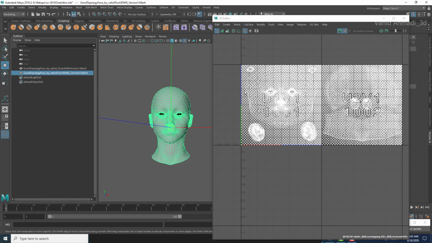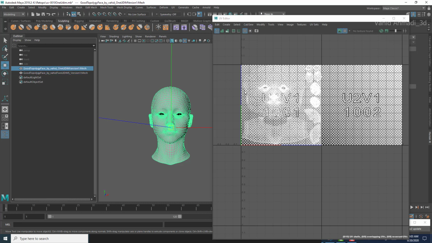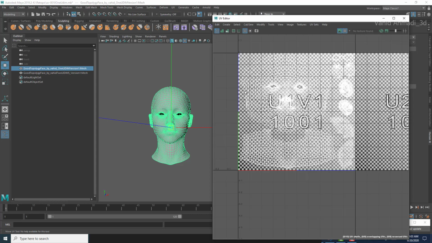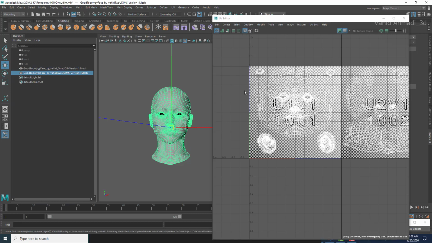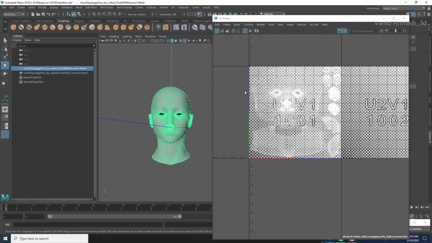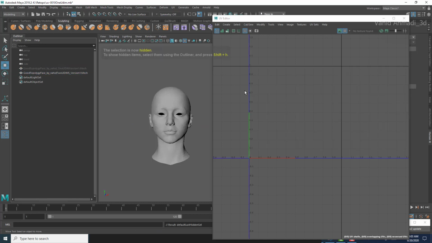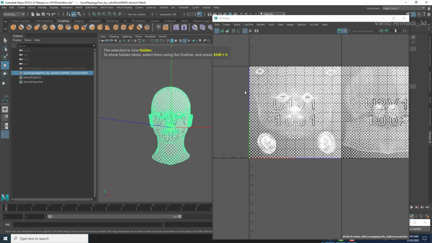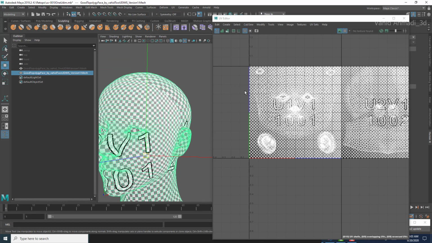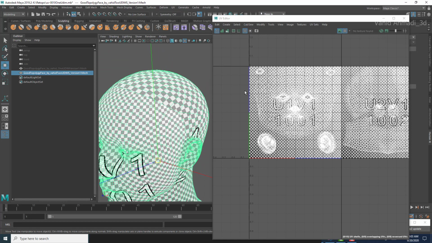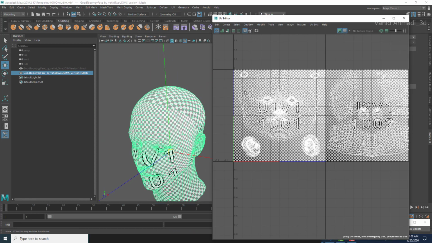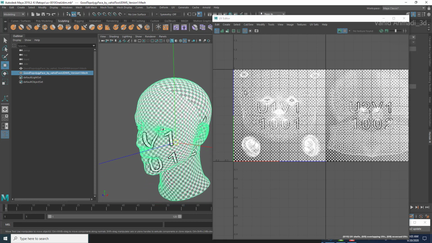It is available to download for free, and this one is with one UDIM, and with this you get more resolution. Let me turn this off using Control H to hide it. I just grab it and I turn this on to see the texture. As you can see, it is more dense in here on the head, and you want to increase that, but that is enough. And let me show you how to do UDIMs inside of